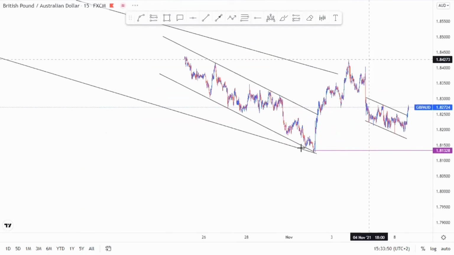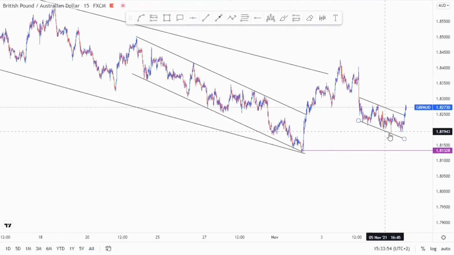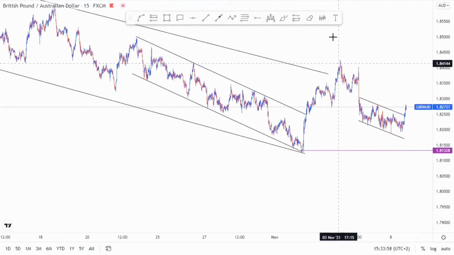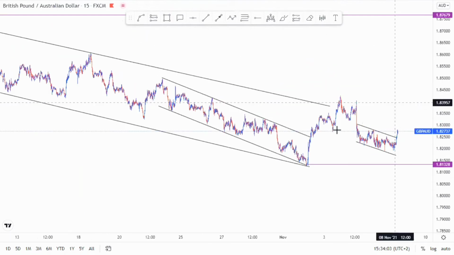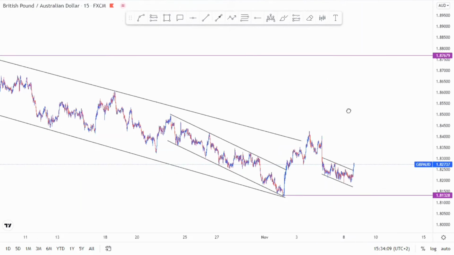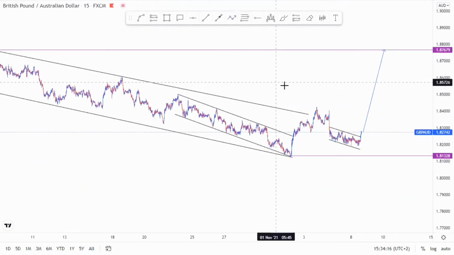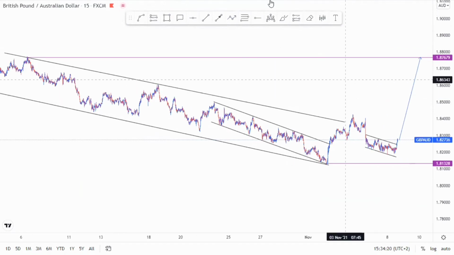As you can see, we made a low, then we made a high. This is a higher low. Expecting to break this high to reach these highs over here. Then we can go comfortably to the upside. So this is what I expect on this pair to go and reach these areas for the upcoming weeks. So moving on to the next pair,